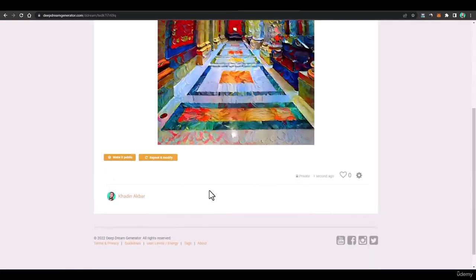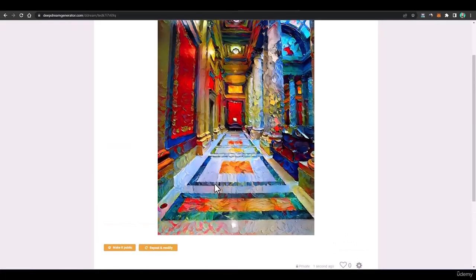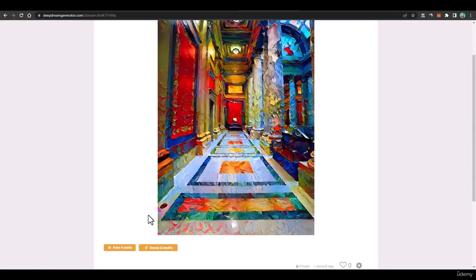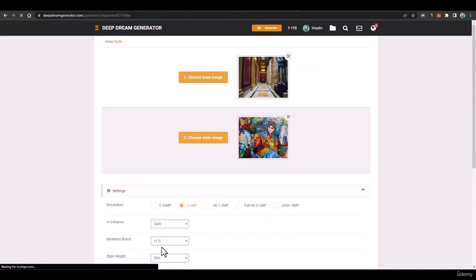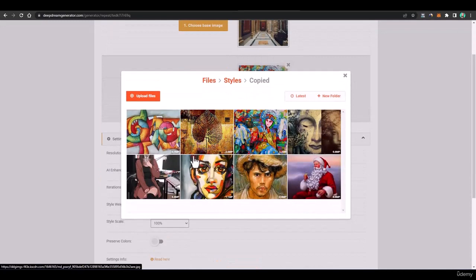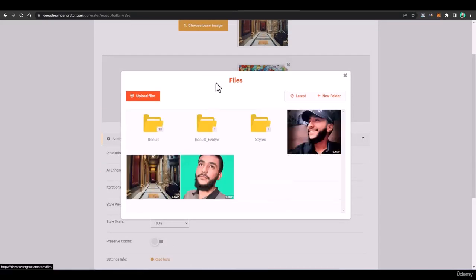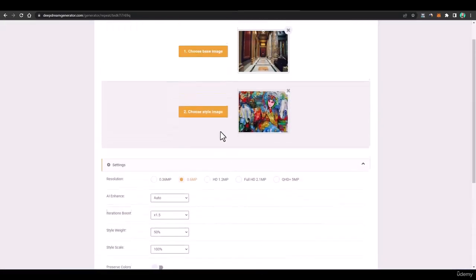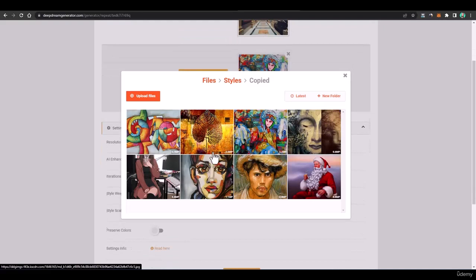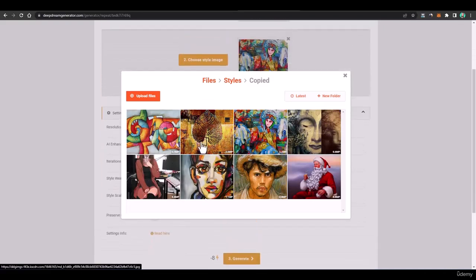And here you go, the art got to us, and here you can see a colorful palace. And this doesn't look good because every try is not perfect, so you can click on repeat and modify, and you can select any other style and apply that style here. Let's go back and from select choose styles, and from here you'll have to click on styles, then copy it, and from here let's select another style.